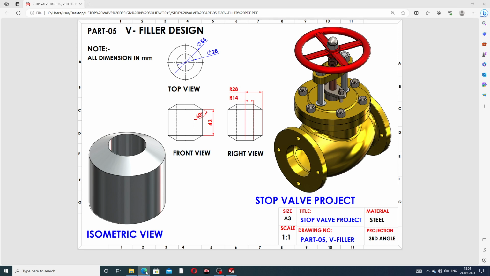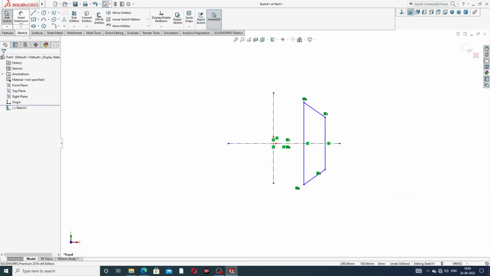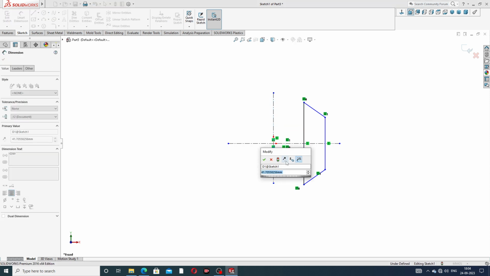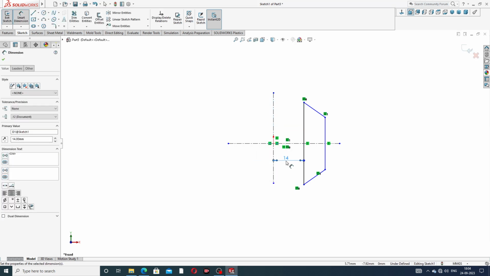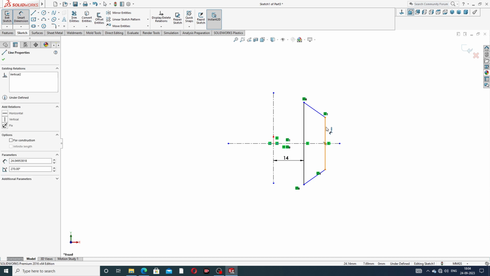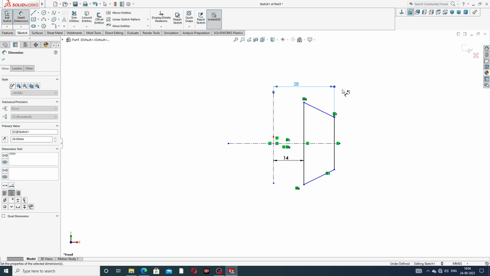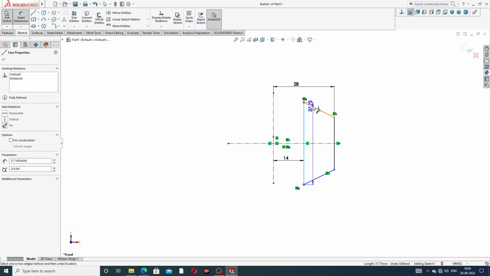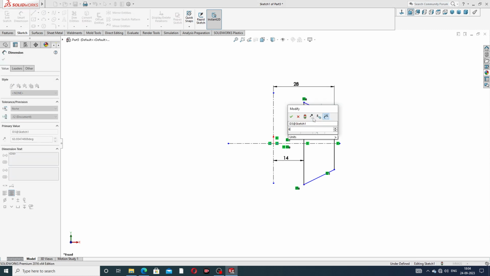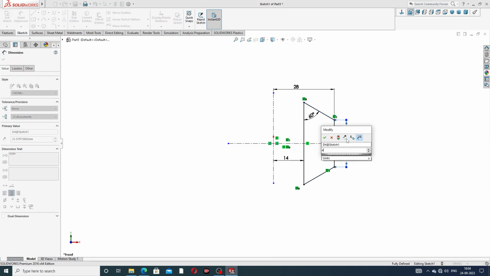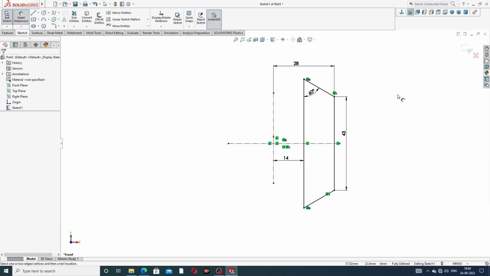This distance is 14 millimeters, which is perfect, and this distance is 28 millimeters. Okay, and this angle is 60 degrees, and this distance is 43 millimeters, which is perfect.